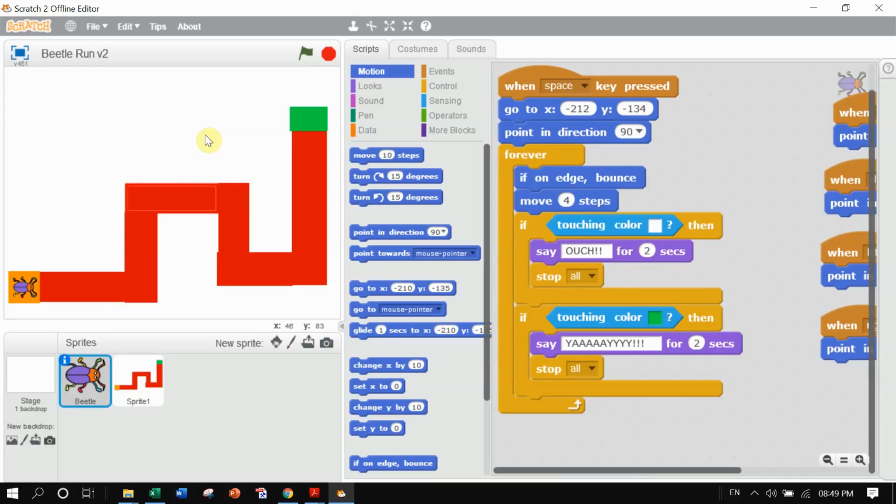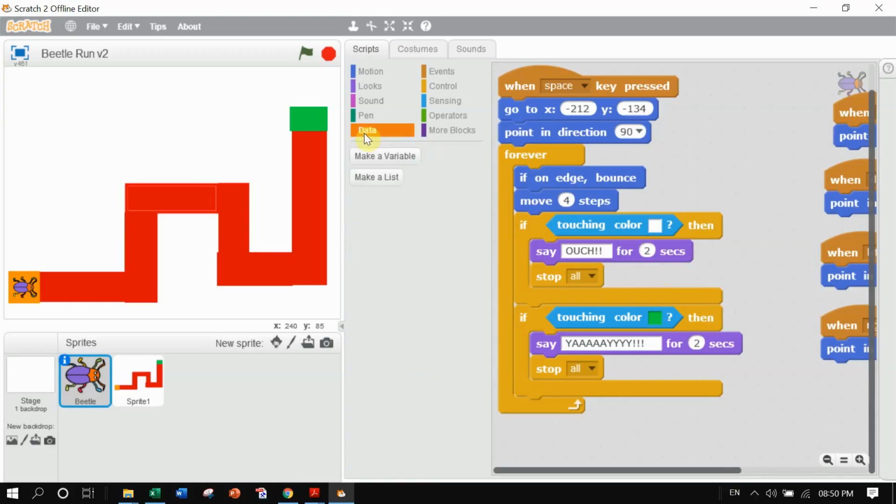Why not make the game a little exciting and give an incentive to the user of 3 lives. Let us see how we add 3 lives to the game for the beetle. So every time the beetle hits the wall, it has 2 more chances, then another chance. For that, we will count the life of the beetle by creating a variable life. Here you see the variable life is created.